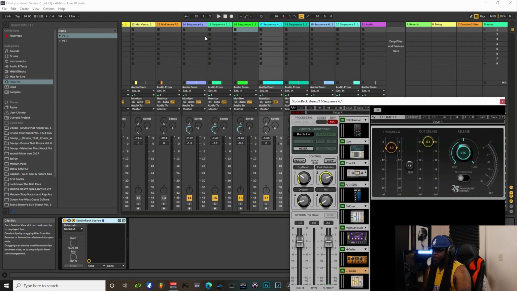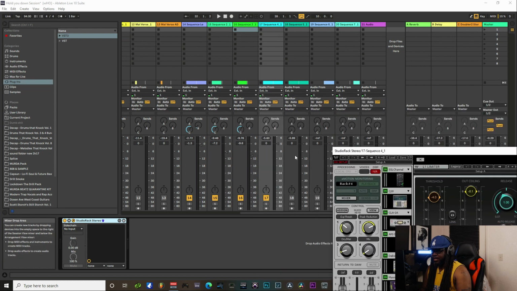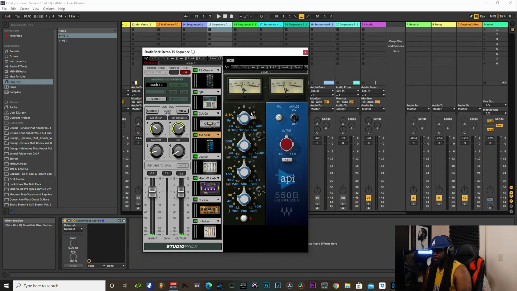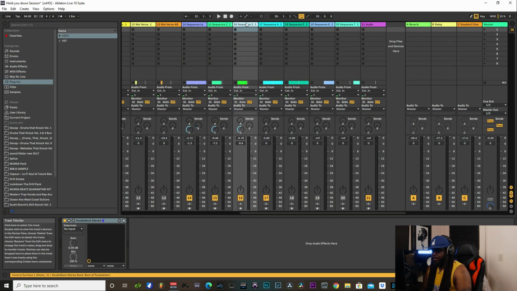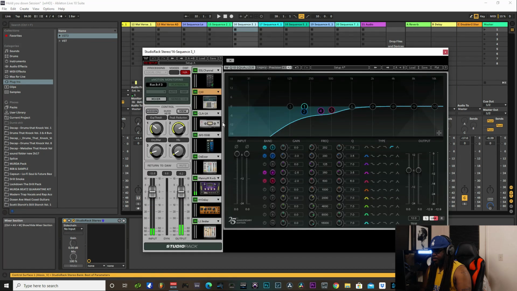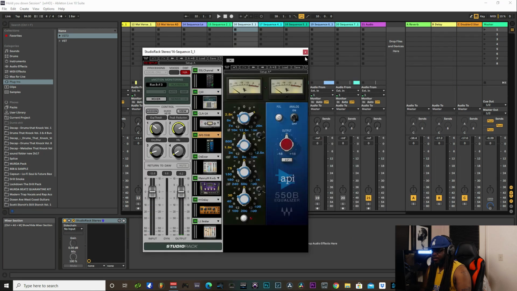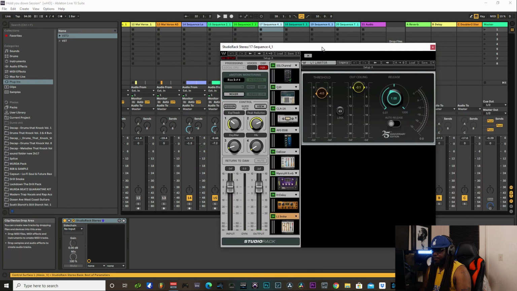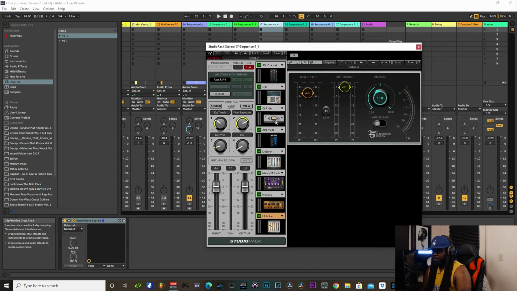And then actually what I'm going to do is, I don't want all my EQ to be the same, so I'm going to dial back these two. This is the lead. I'm going to take this EQ, dial it back one. Take this EQ, also dial it back one. I don't want it to have that same tone. And then we're here. So with this one, like I said, let's play it and then